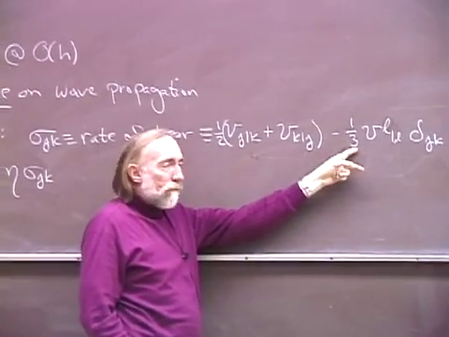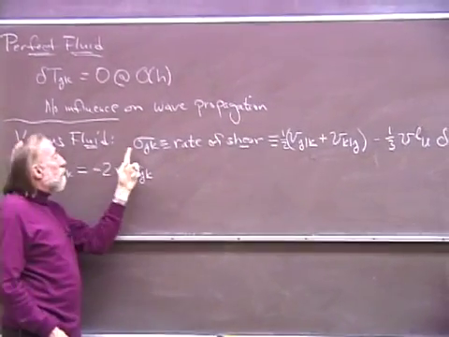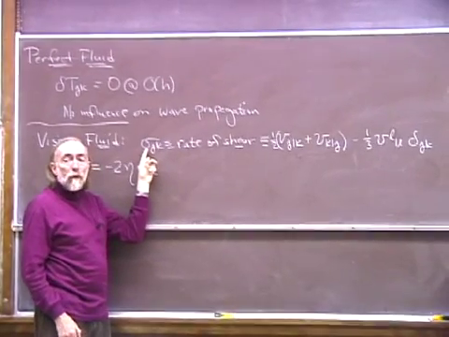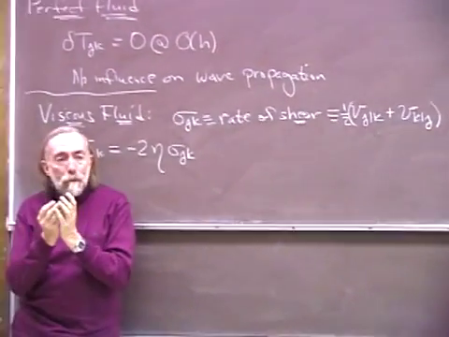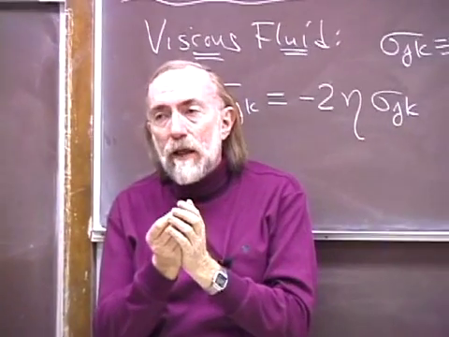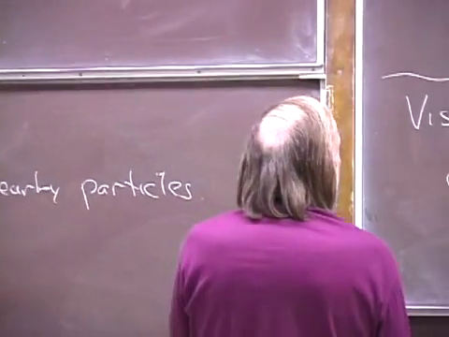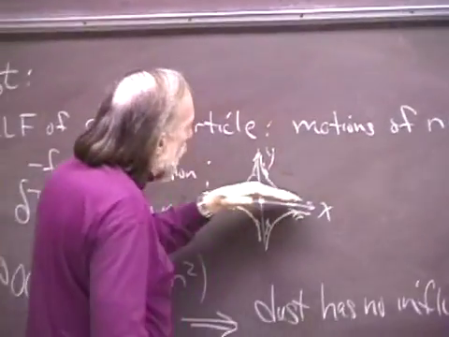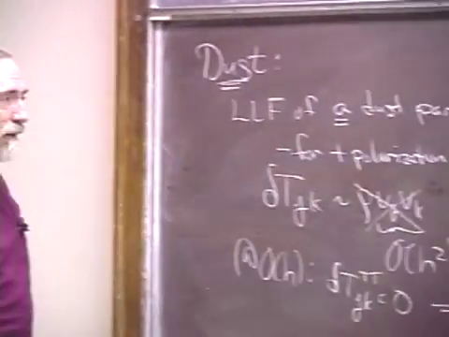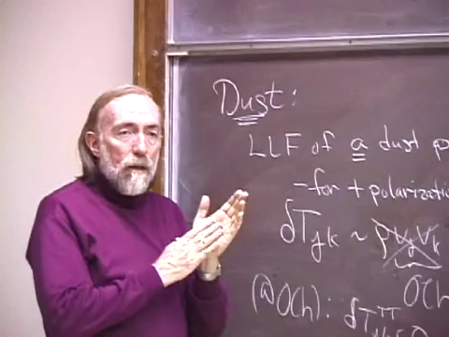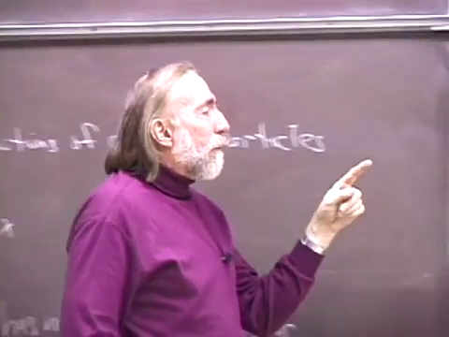Now, in our particular case, we're going to compute this rate of shear in the local Lorentz frame of a fiducial fluid element or a fluid particle, because the local Lorentz frame is the frame in which we can think of everything in physical terms. And so we can use all of our non-relativistic intuition in a local Lorentz frame. So that's where I want to compute it. And in that local Lorentz frame, the motions that I'm concerned about are these motions induced by the gravitational wave. And I'm going to claim, and we will see that it is the case, that although shearing is going on in just the manner that I talked about, and although the stress tensor is building up resistance to that shearing,